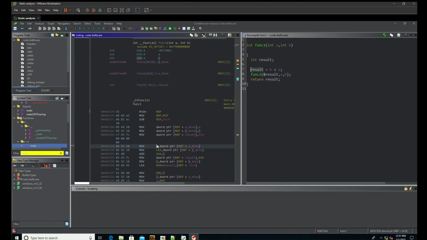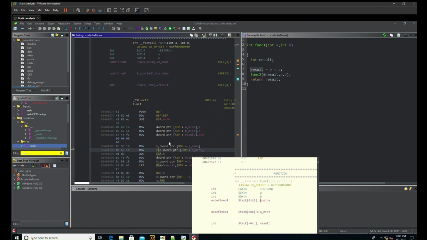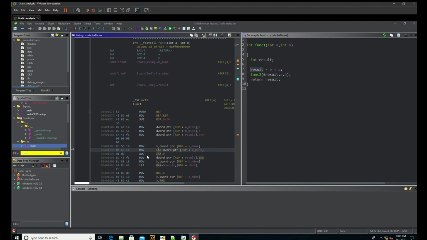And then B mine is moved into EAX, which I said is a register, which is just a place to store values. It's a temporary place for the machine to store stuff. Sometimes it's values, sometimes it's addresses, sometimes